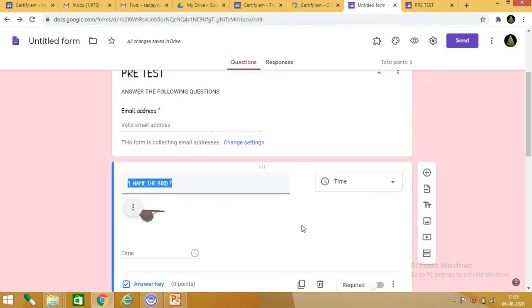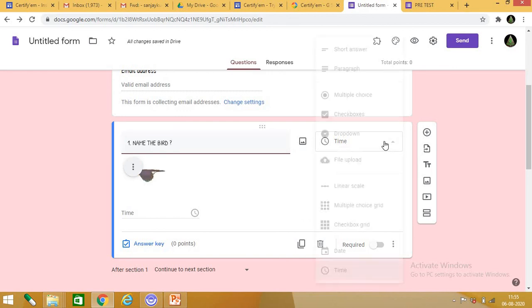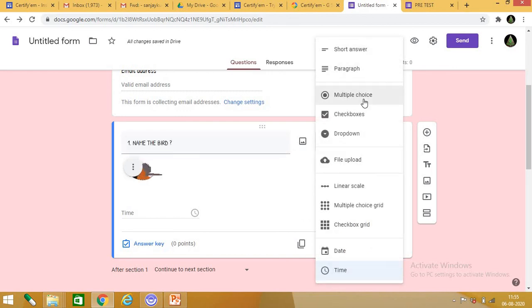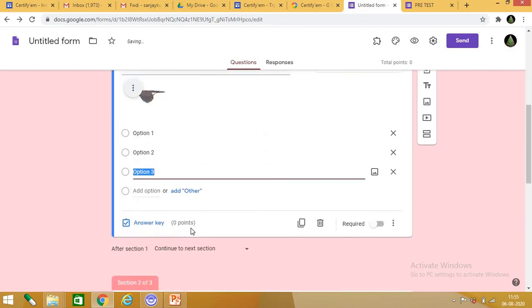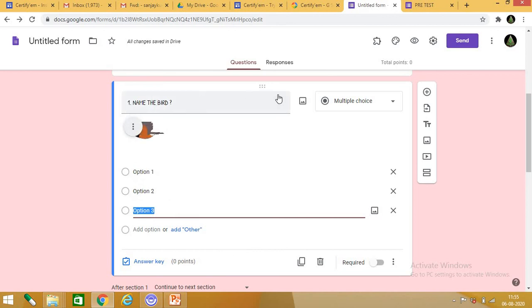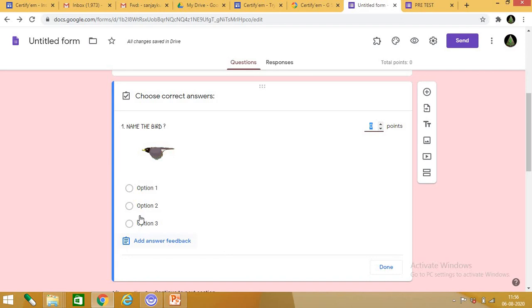Then you have to give the marks also. Suppose the question is: name the bird. Option 1, option 2, option 3. After that, it asks for the answer key. So click on answer key. What is the correct answer? Suppose the answer is option 2. So tick it. You can see the green color mark here. Then you have to give the marks also.